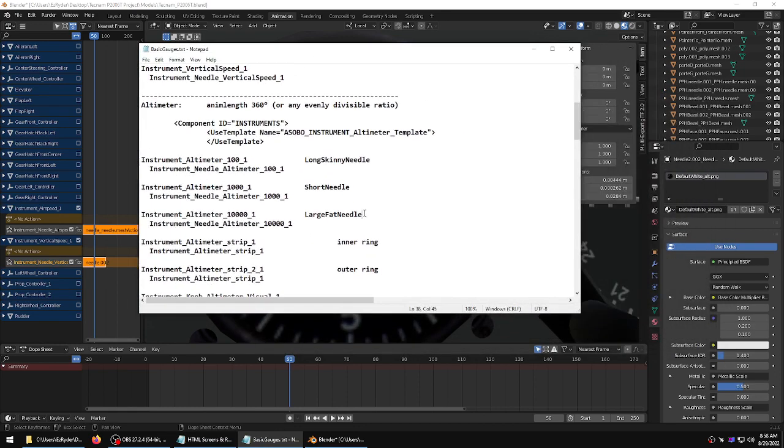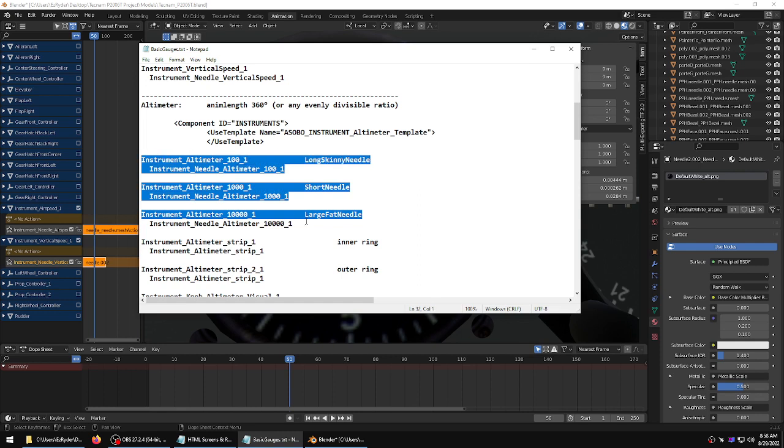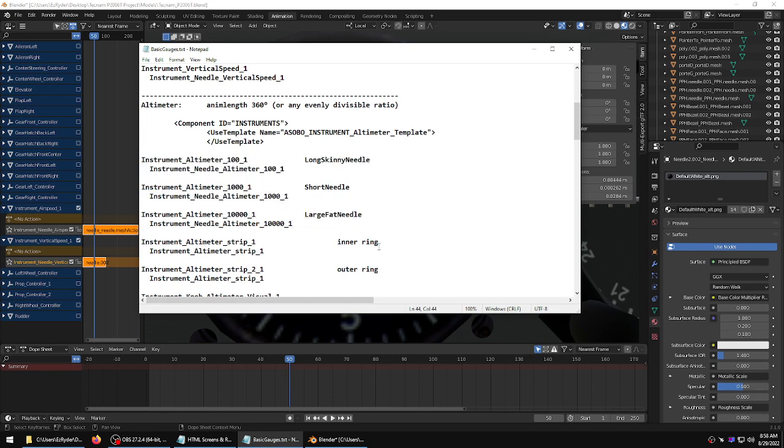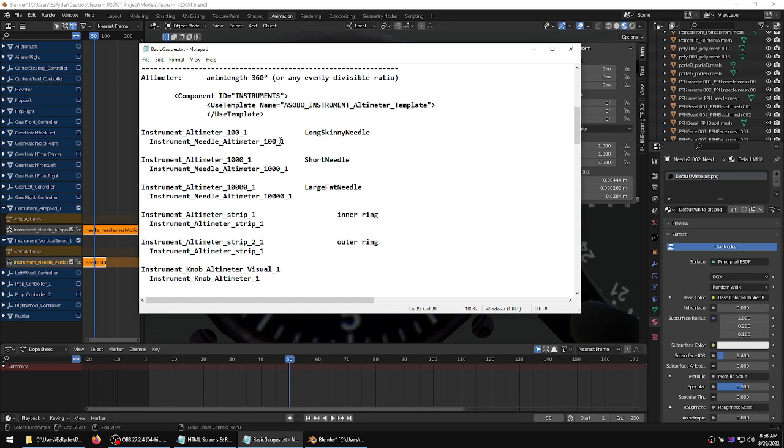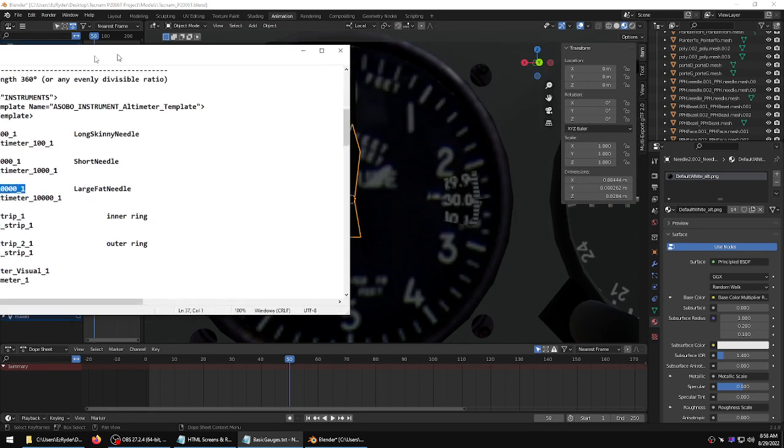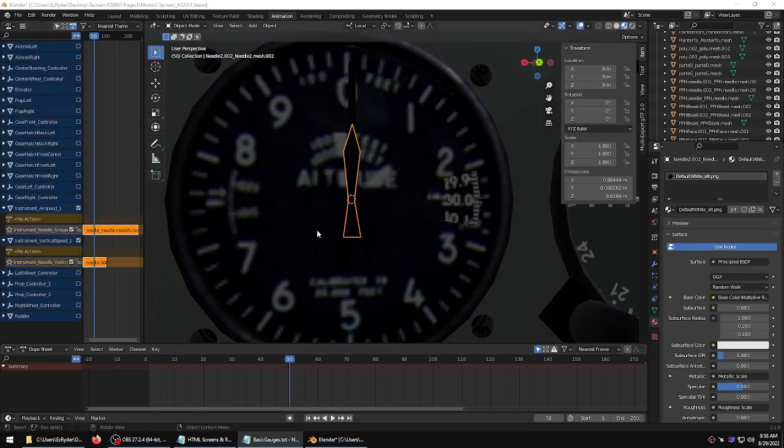Just for your main animation, and these are the only ones. I'm not going to set up the rings. I mean, it's just more of the same. So we have the large fat needle, which is our 1000. We'll set it up first, but it's basically exactly